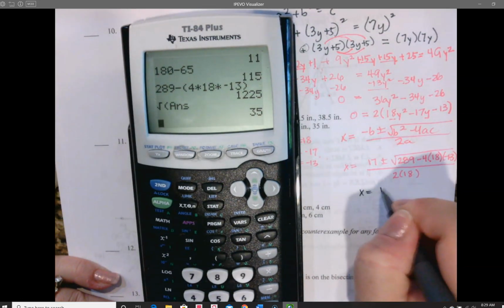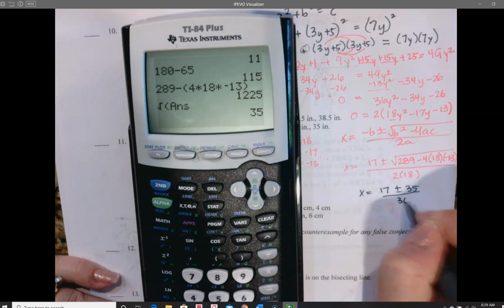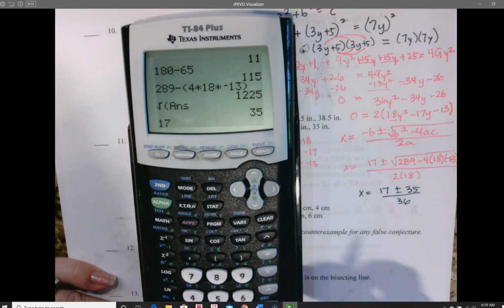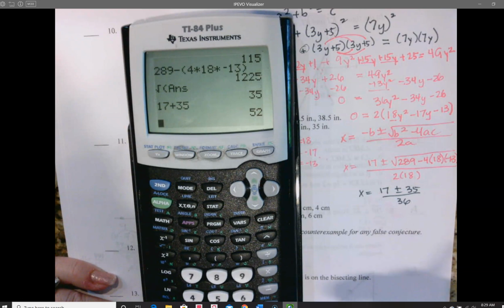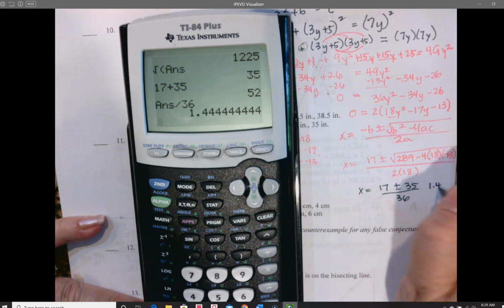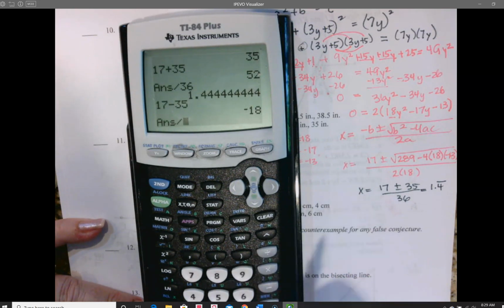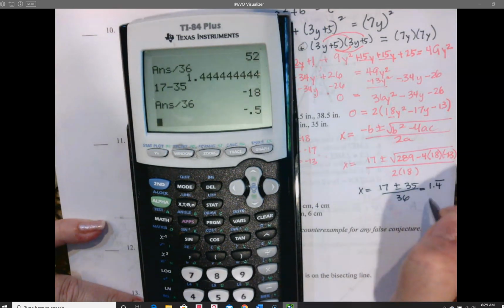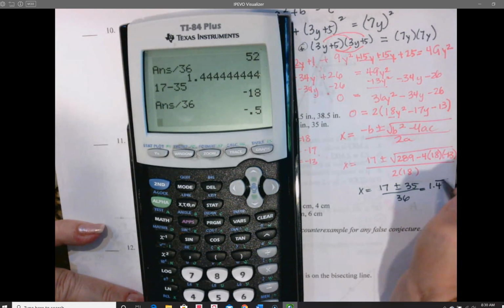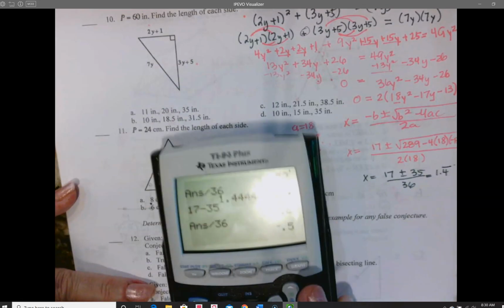So 17 plus or minus 35 all over 36. So 17 plus 35 is 52 divided by 36 is 1.4 repeating. Now let me do 17 minus 35 divided by 36. That's a negative. So if x is 1.4 repeating,